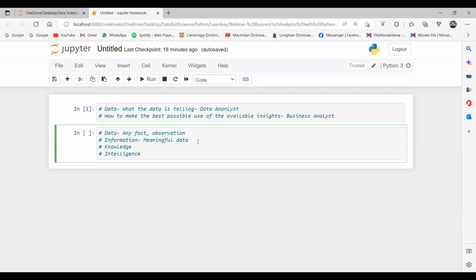Now that information that is created by a data analyst goes to a business analyst. Now the business analyst uses his intelligence and helps the organization to take decisions, whatever be the best possible way to use that data. Are you getting my point? Yes, guys, please tell me if it is clear to you.